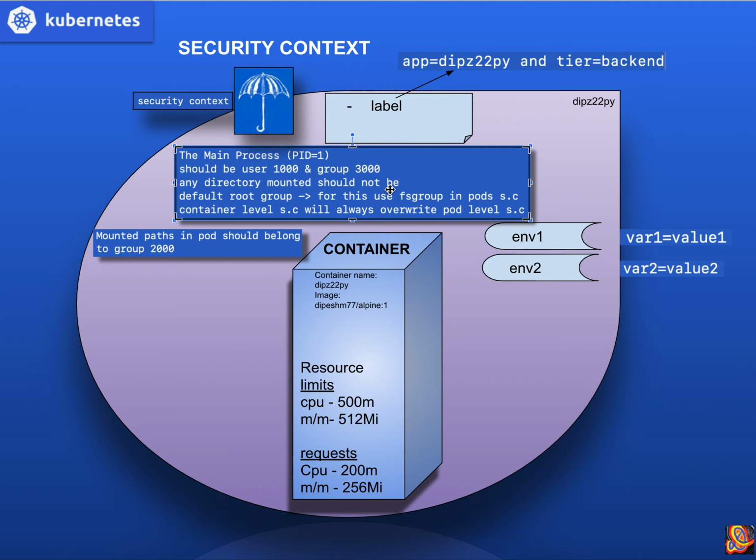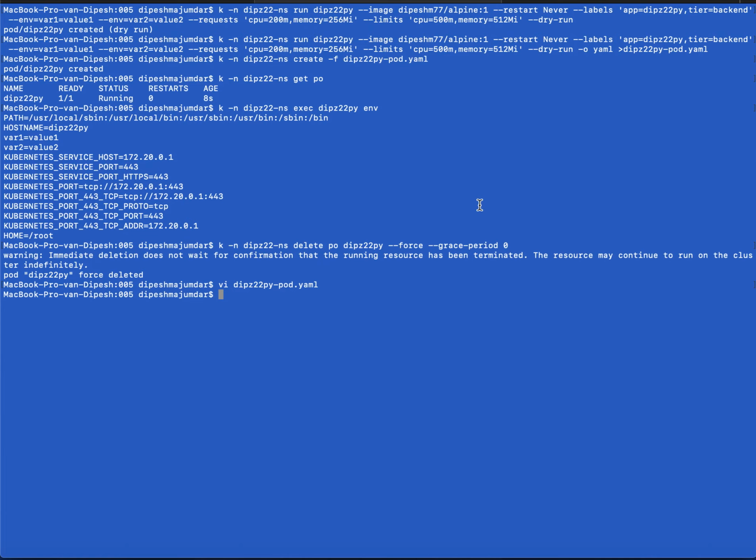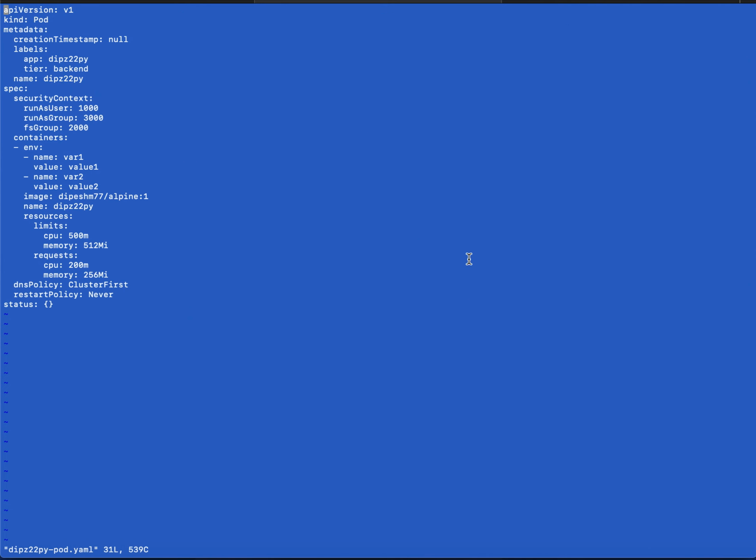Any directory mounted should not be the default root group. For this, use fsGroup in the pod security context. Container level security context will always override pod level security context. So you can also define the security context, like I will show you again. Here, if you see the security context over here, I am defining it at the pod level. But if I define the same security context inside the container, just above resources, if I write something like security context over here,